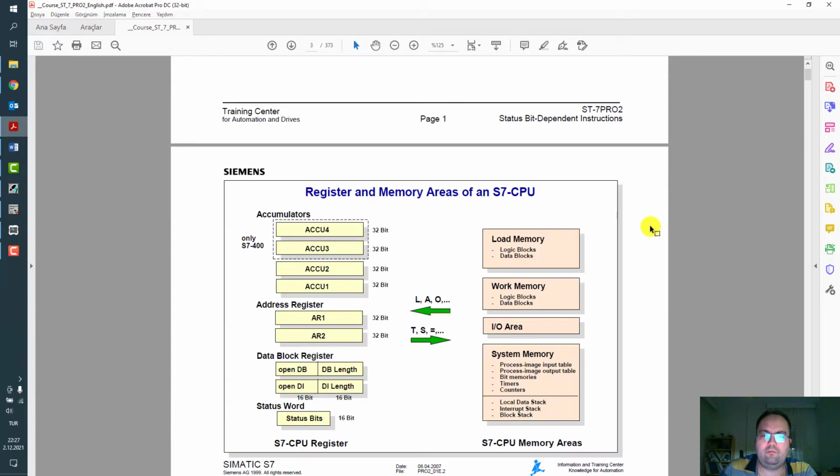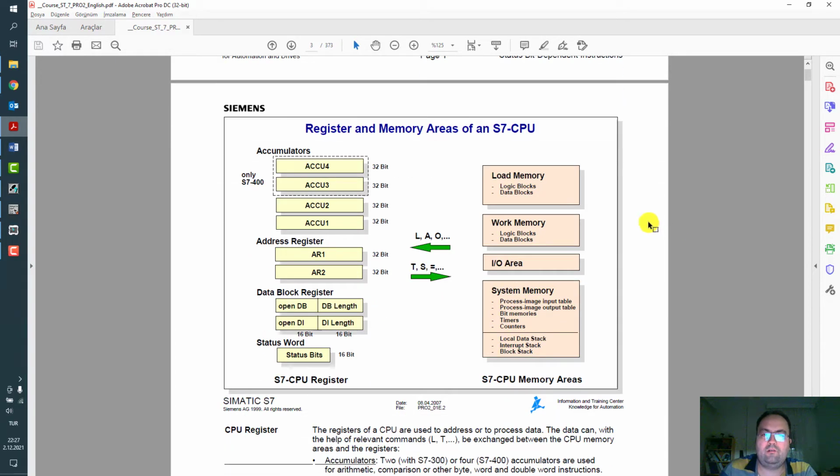So let's begin with the first page, register and memory areas.